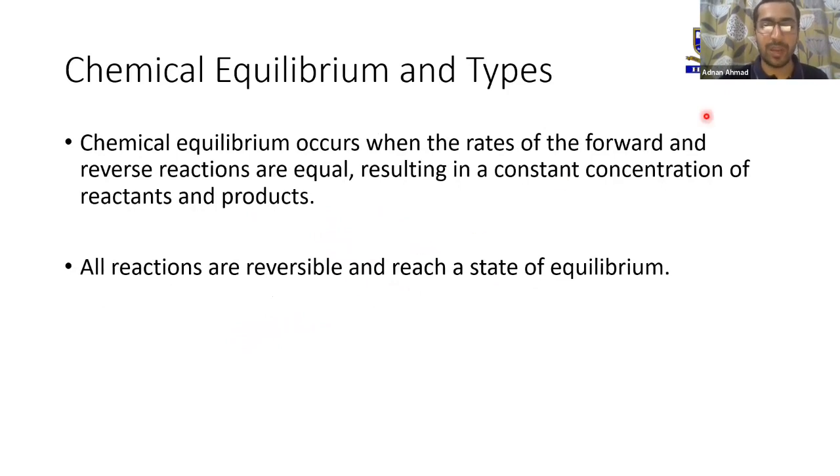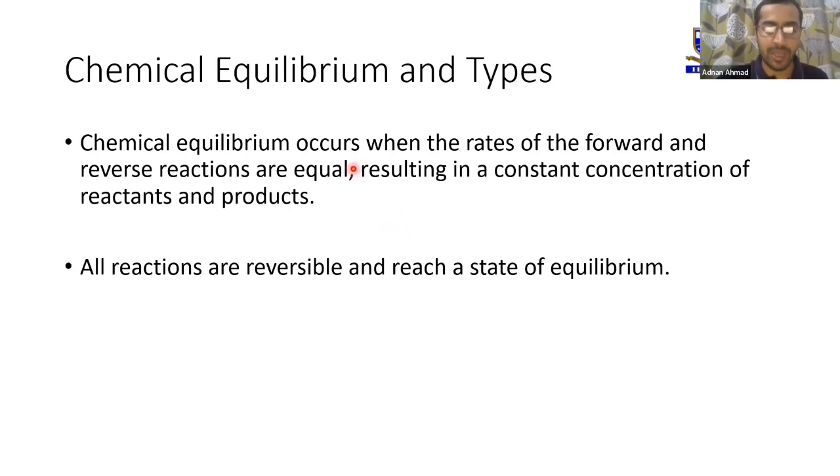There is a misconception about chemical equilibrium. Most of the students believe that chemical equilibrium is a state where the amount of reactants becomes equal to the amount of products. For example, we have 50 grams of reactants, so it means that we will have 50 grams of products. So that means that the reaction is balanced now, and we can have a chemical equilibrium condition, but that's not